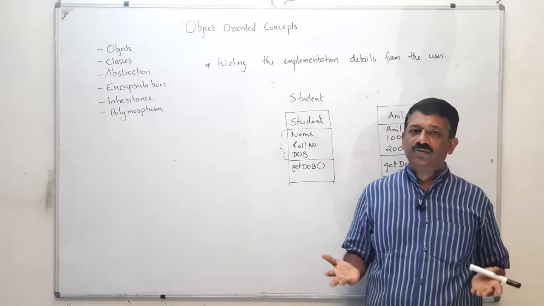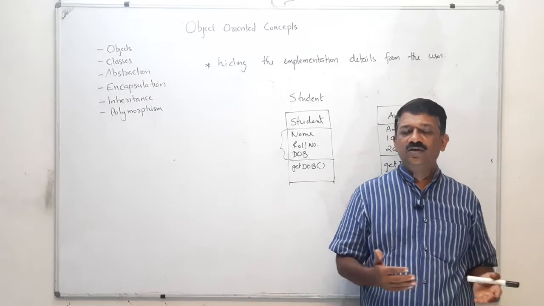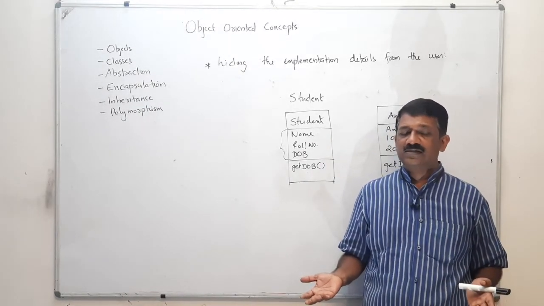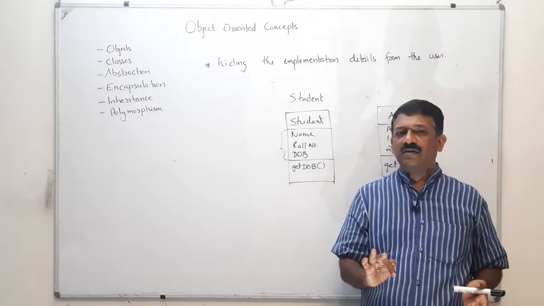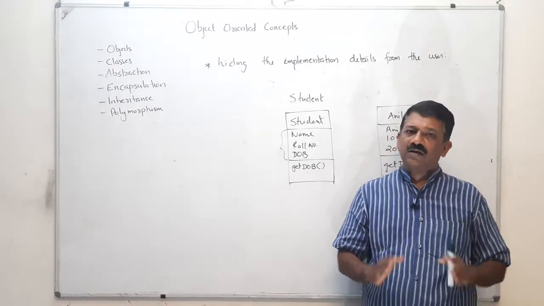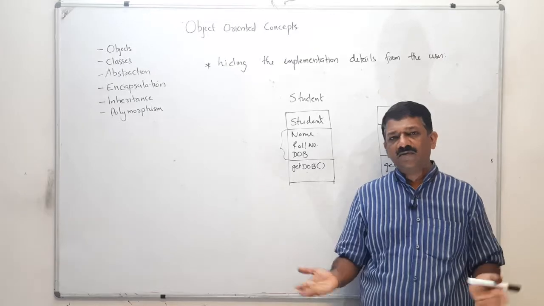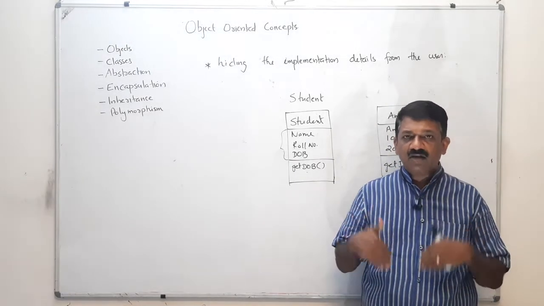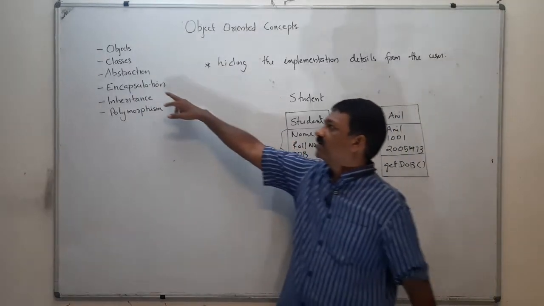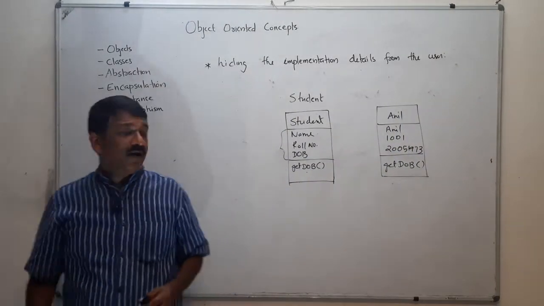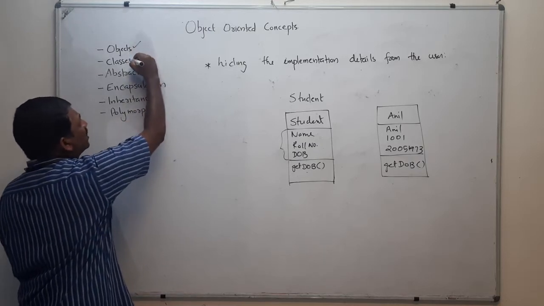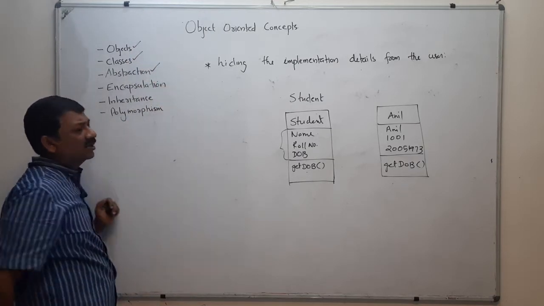There is no need for the end user to repair that, or to study the repairing of that. Just like if you have a button, when you press that button, some function is performed, and the implementation details are hidden from the user. That is called abstraction. We have already discussed objects, classes, and abstraction.